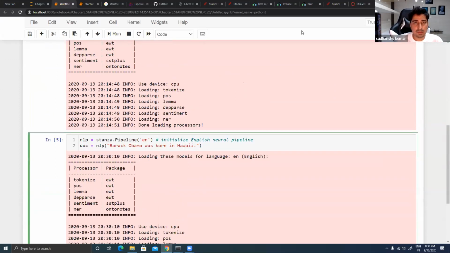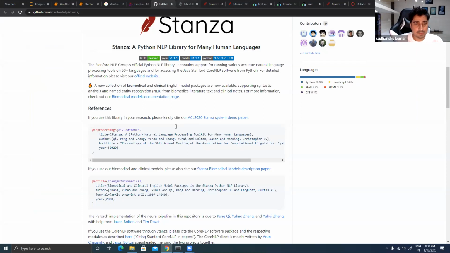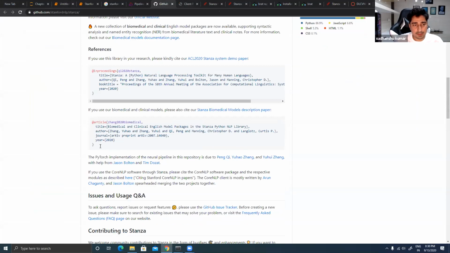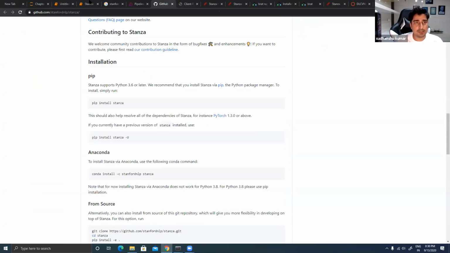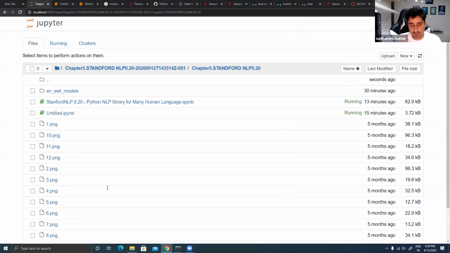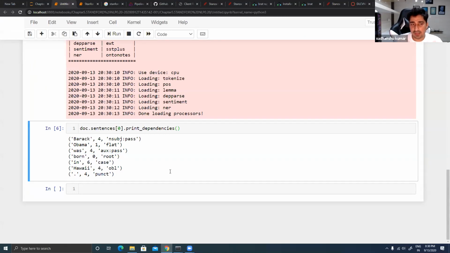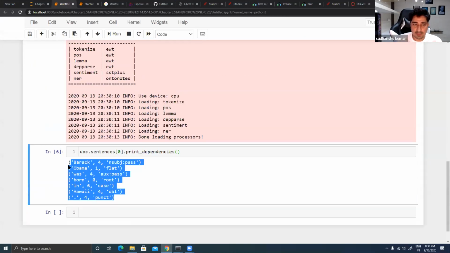I was just following its official Git repo. Okay, so just print the dependencies. Now just print it. Yes, this is the same output which I was able to get from Stanford NLP, and this is the same output which I'm able to get from this one.